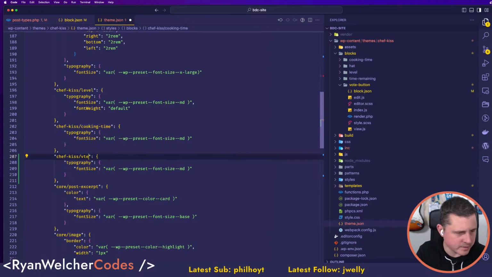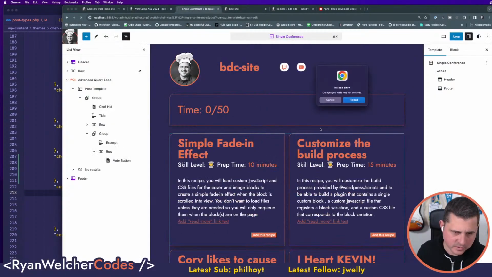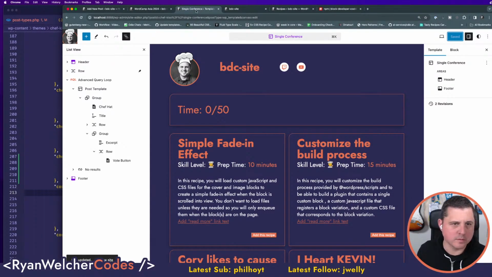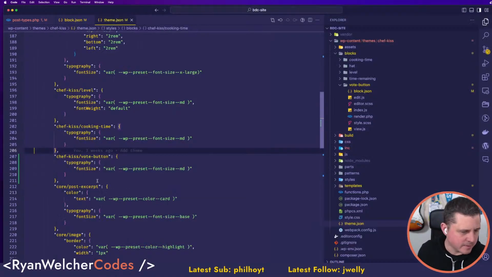So what I'm doing is I'm adding some font stuff. I'm setting the font size for this button, which probably shouldn't change anything there. Sure, we'll save that. And then here I should be able to refresh this. So I'll get this thing. But what I want to add is